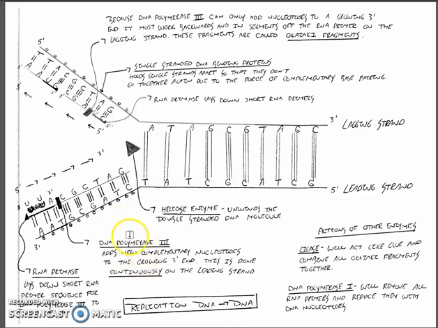Another thing with DNA polymerase III is that it only works in the 5' to 3' direction. So this strand that we're reading here is in the 3' to 5' direction. So when we make the complementary base paired strand, we're going to be making it in the 5' to 3' direction, which is the exact direction that the DNA polymerase III needs to work in. So it's going to be able to go all the way down to the end, and because it can do this without stopping, we call this